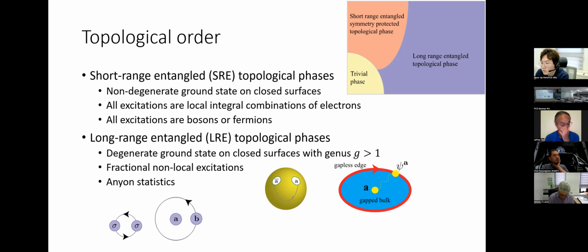So you can look at this diagram here, for example, where I have two excitations, A and A bar, that are separated in space. But if one wants to create such excitations, you must apply on the ground state a long electron string that connects the two. So these are non-local anyonic excitations that carry some anyonic statistics that doesn't look like bosonic or fermionic. All right, so that's the introduction.